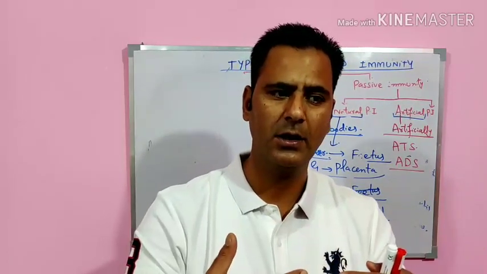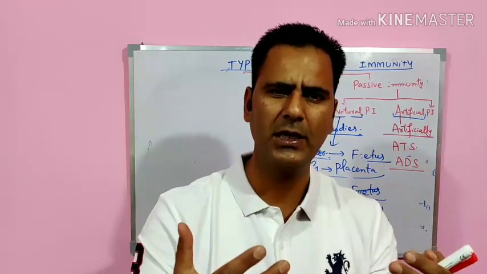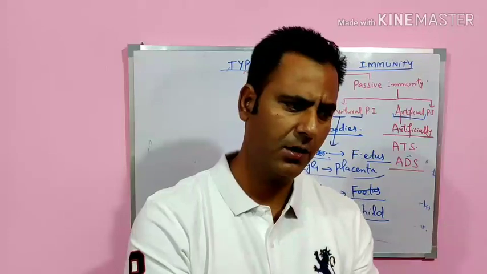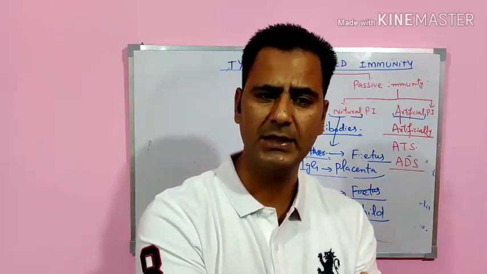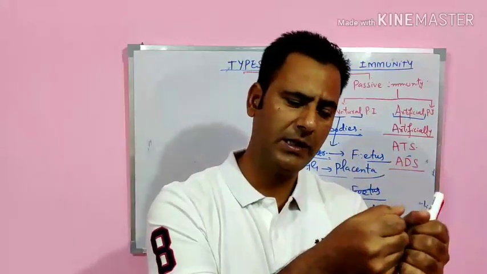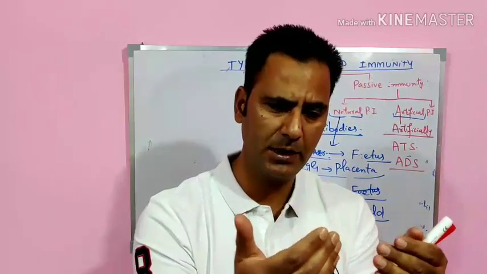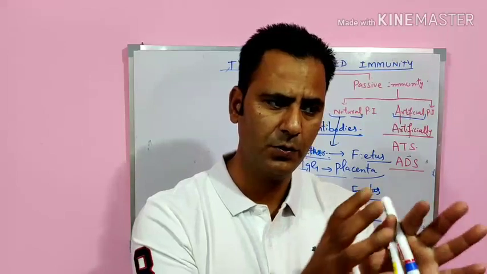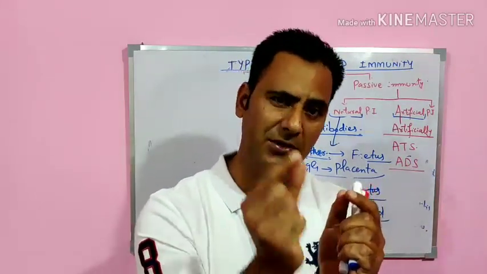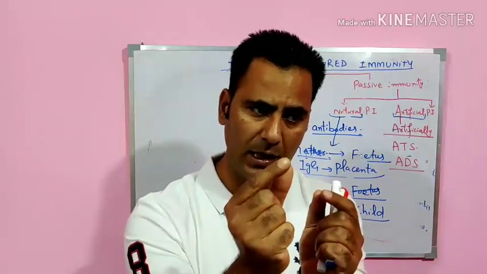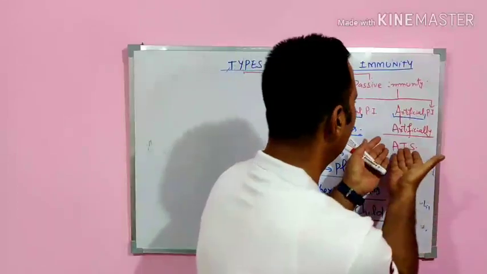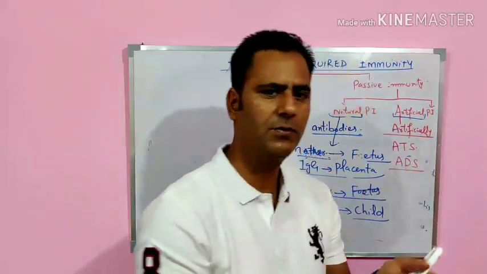This tetanus toxoid has antigenicity but lacks pathogenicity. The horse will produce antibodies against it, and these antibodies are present in the serum of the horse. After some days, we take the blood from the horse, we extract the serum, and we extract the antibodies against tetanus in the serum, and these antibodies we call anti-tetanus serum,